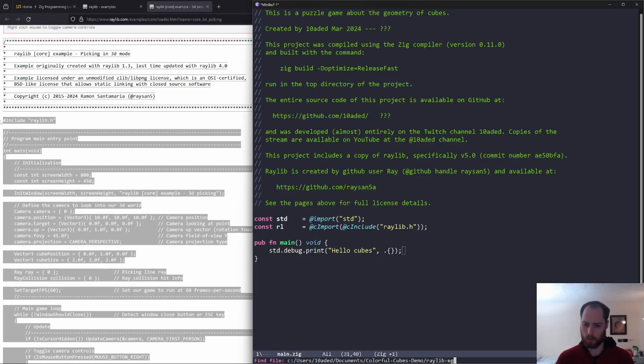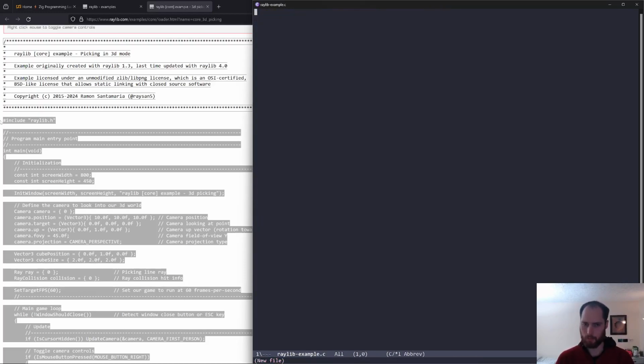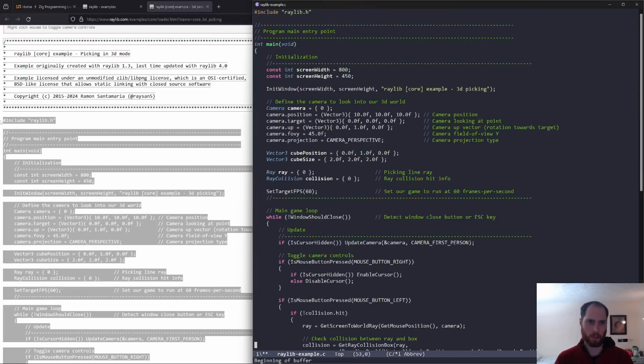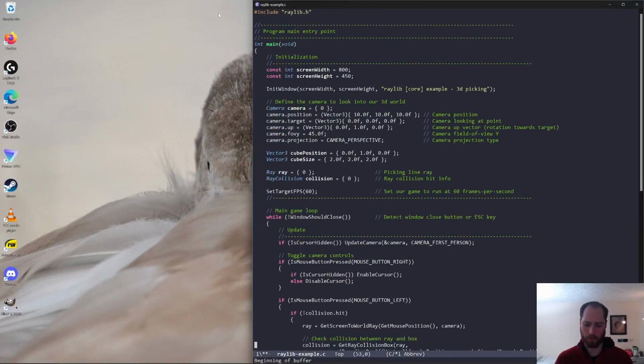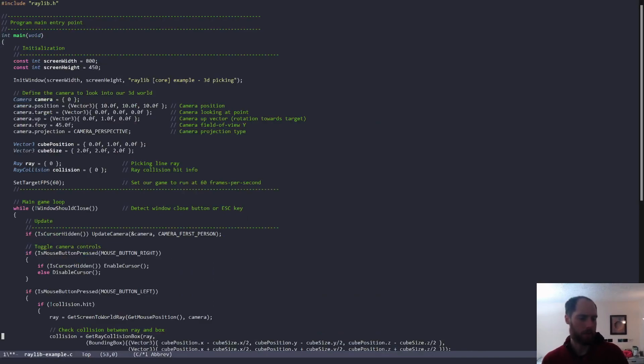Raylib example. Okay. I don't think we should do anything else. Okay, so